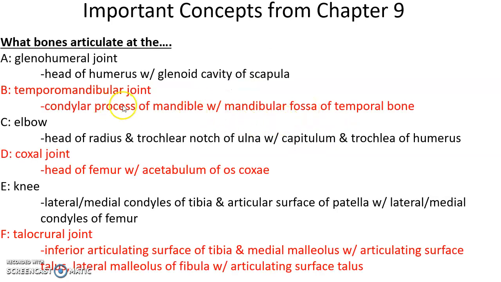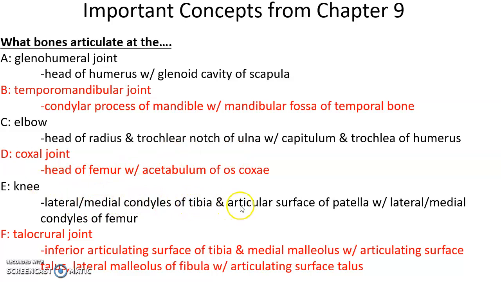And so here is just a summary of some of the information about the joints. Glenohumeral joint: head of the humerus articulates with the glenoid cavity of the scapula. Temporomandibular joint: condylar process of mandible with mandibular fossa of temporal bone. Elbow: head of radius and the trochlear notch of ulna, with the capitulum and trochlea of the humerus. Coxal joint: head of femur with acetabulum and valgus coxae. Knee: lateral and medial condyles